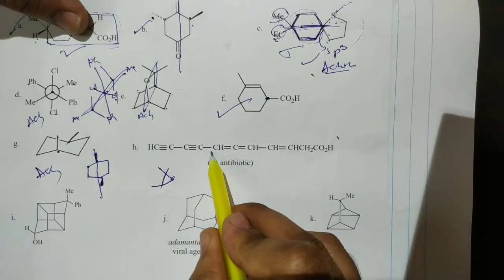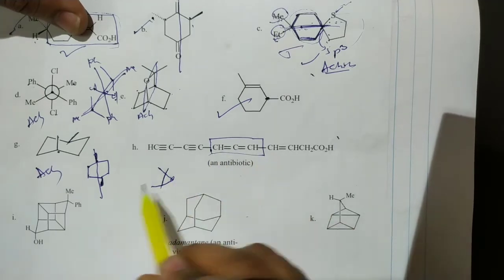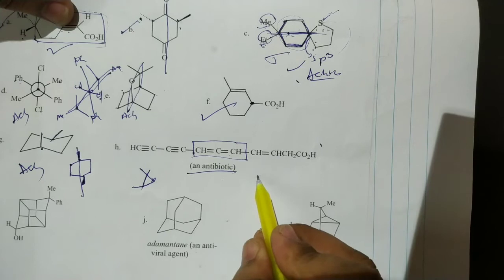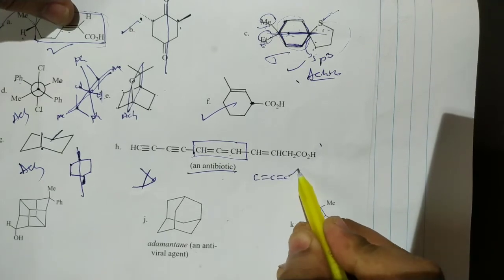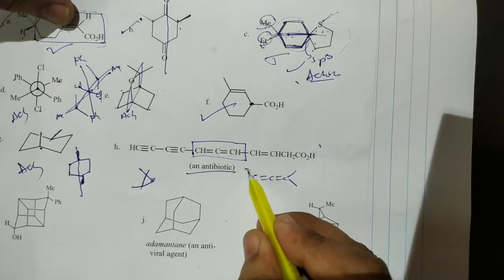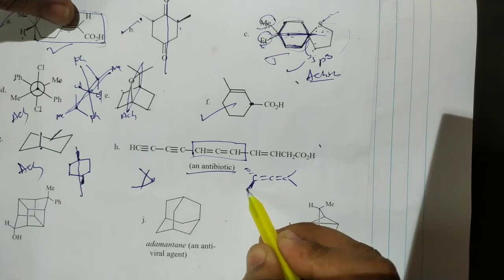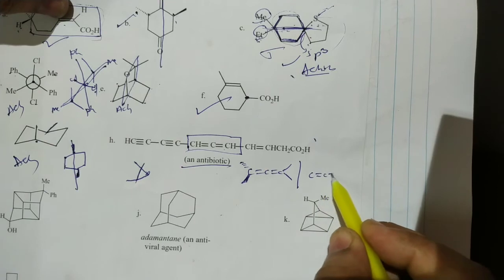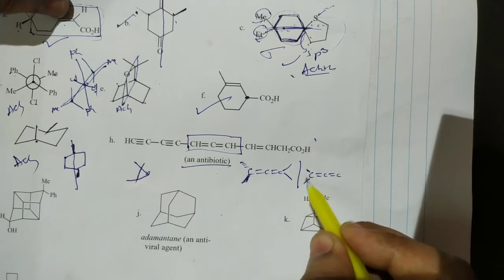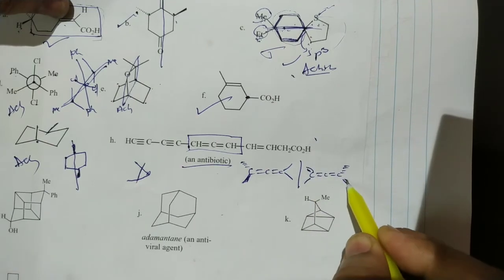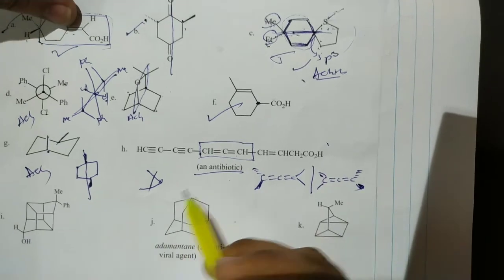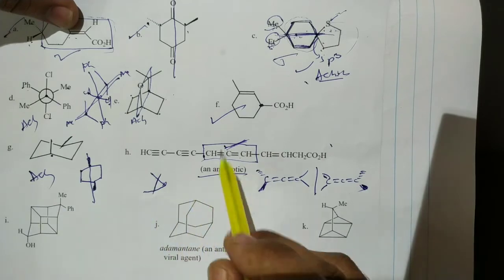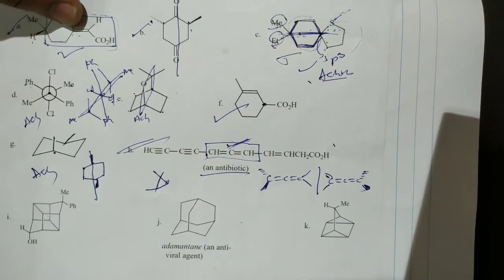Now coming to this one, allenes also exhibit optical isomerism. So in this case, these are also actually non-planar. C double bond, C double bond. Here two bonds are on the plane, the remaining, in this case, one bond is above the plane, one bond is below the plane. This one exhibits optical isomerism because here mirror images are non-superimposable. So about this center, this one exhibits optical isomerism. That means this molecule is a chiral molecule.